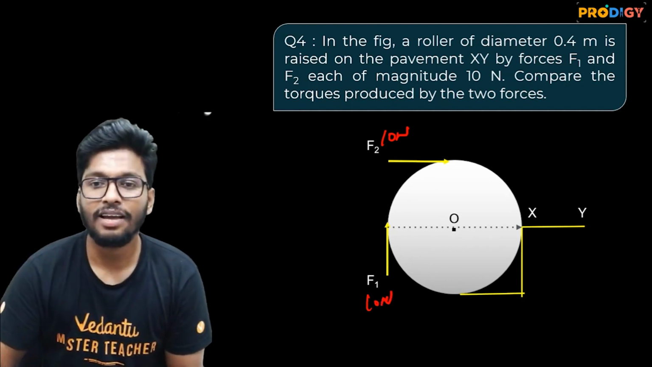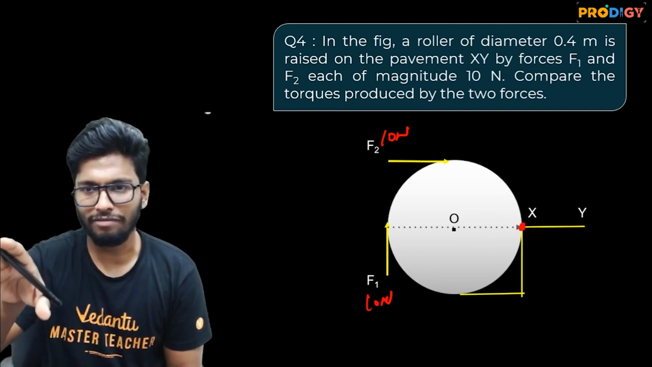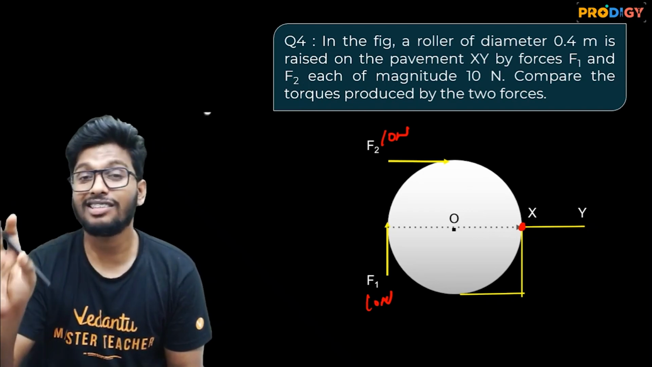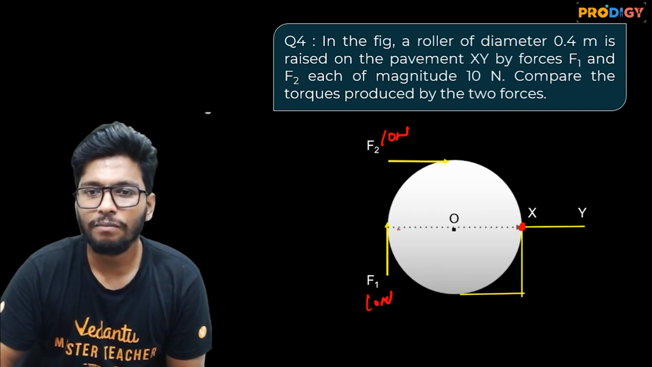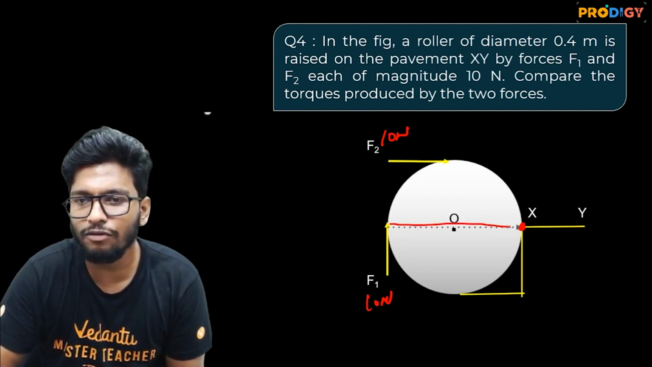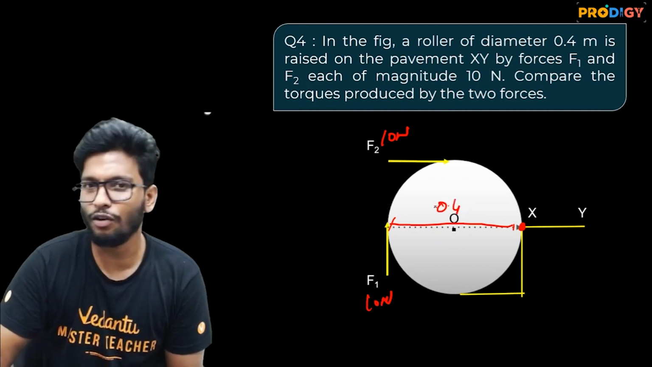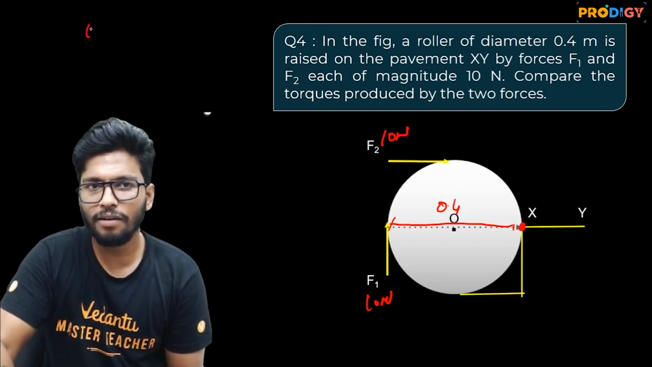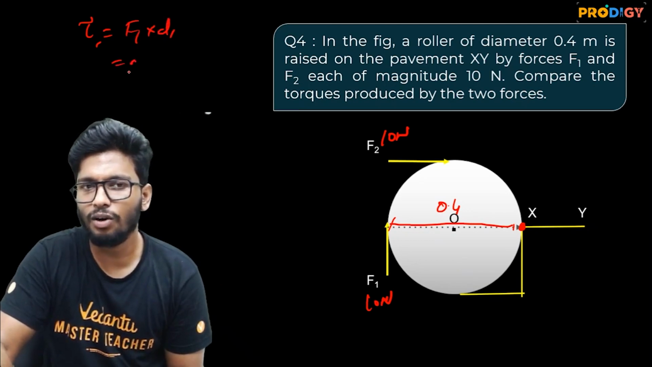Now here's the thing, guys. This is the point of rotation, because it's rotating about a pavement. That is a pivot, or an axis of rotation. Now, what is the perpendicular distance for F1? The perpendicular distance is nothing but the diameter, so that is 0.4 meters. So for F1, find out the torque. Tau 1 is equal to F1 into D1, where F1 is 10 and D1 is 0.4, which is 4 Newton